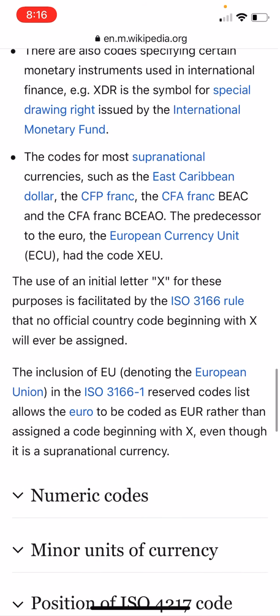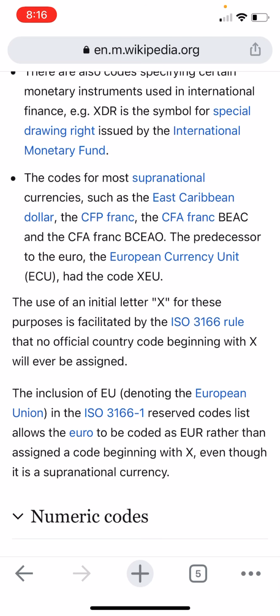The inclusion of EU, denoting the European Union, in the ISO 3166 reserved codes list allows the euro to be coded as EUR rather than a code beginning with X, even though it is a supranational currency. And that's because it's not, it's just Europe. It's not necessarily the whole world. So it has a special